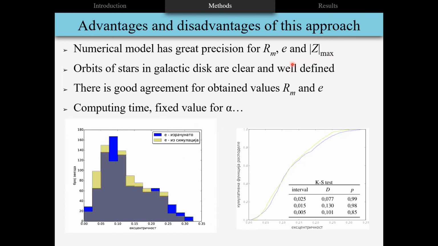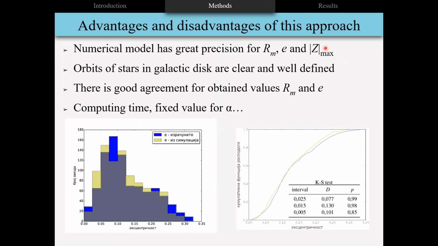So what were the advantages and disadvantages of this approach? On one side, we have a method that can give a very fast and, as we proved, very reliable estimation of Rm and E and max.